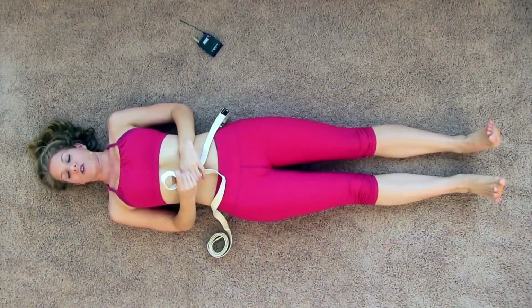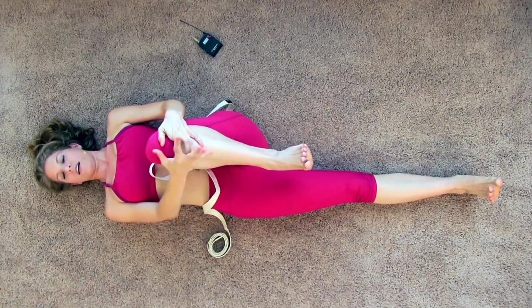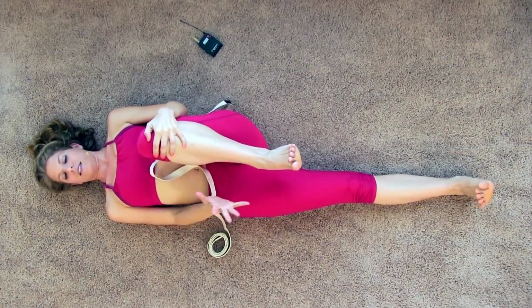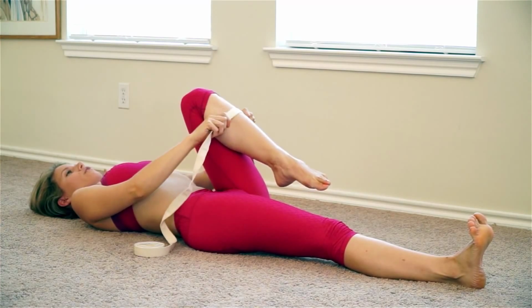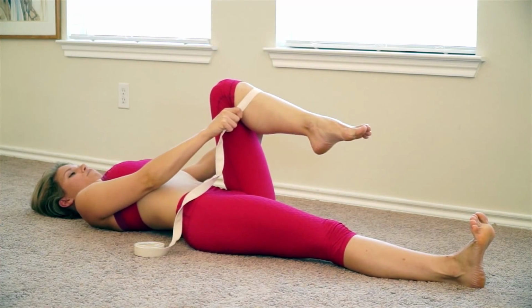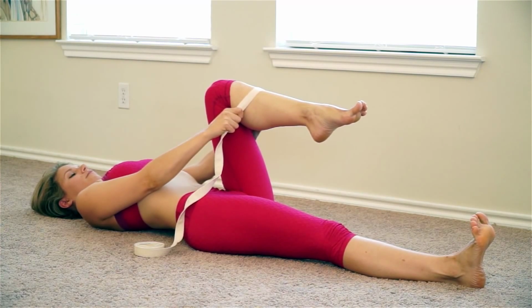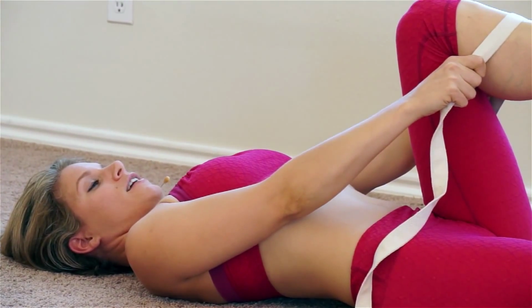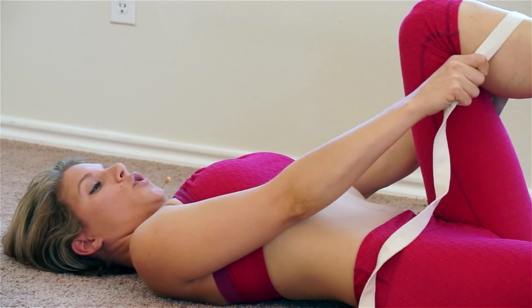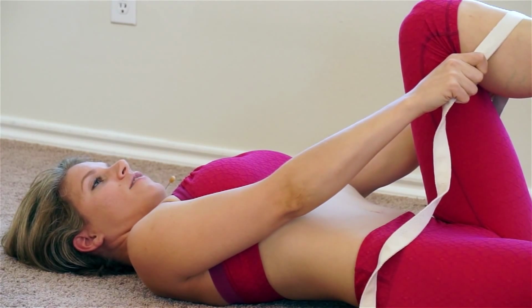I'm just going to switch sides. So draw your left knee into your chest, opening up your hips. The right leg is standing nice and strong. And either with your fingers or with a strap, you can hook your shin, pressing your knee away from your body. Again, we're holding this for a few breaths so that you can wake up these muscles in your thigh, in your shin,